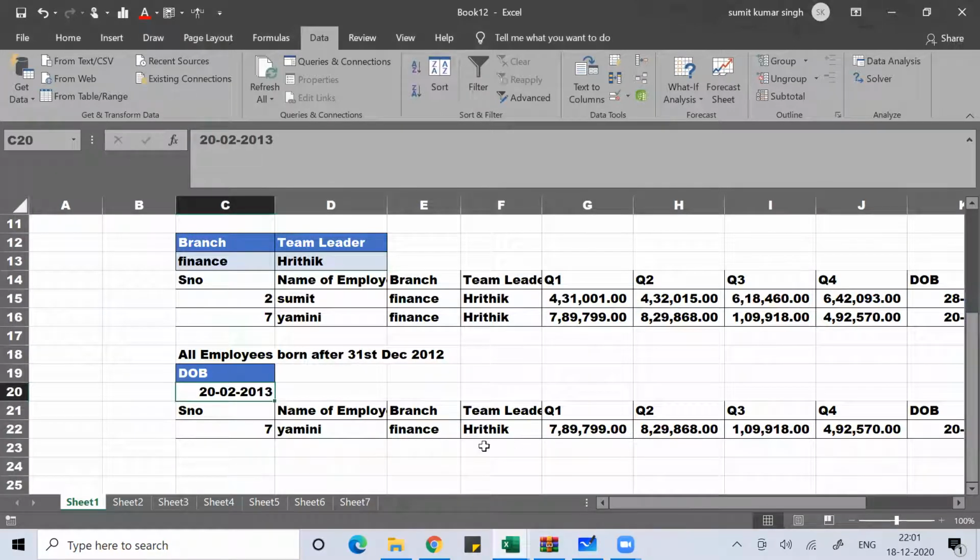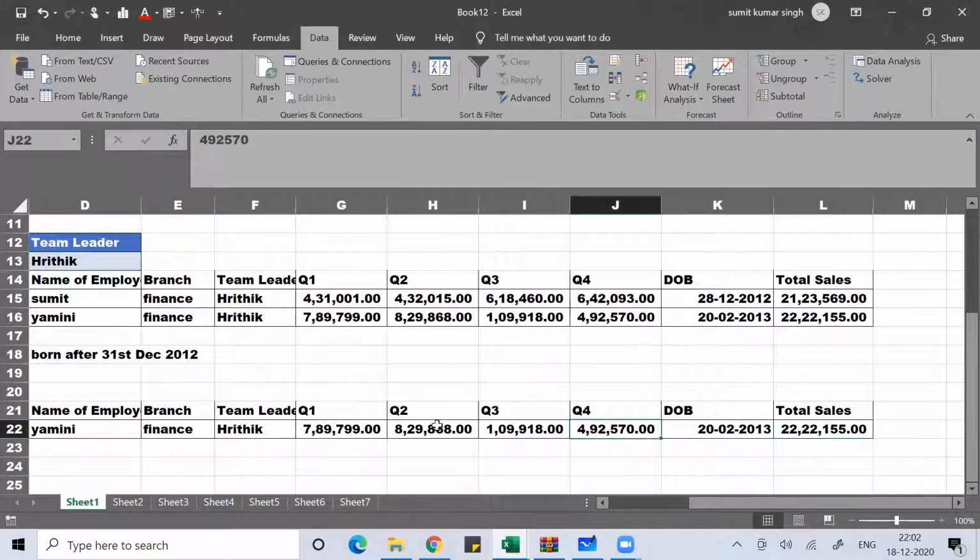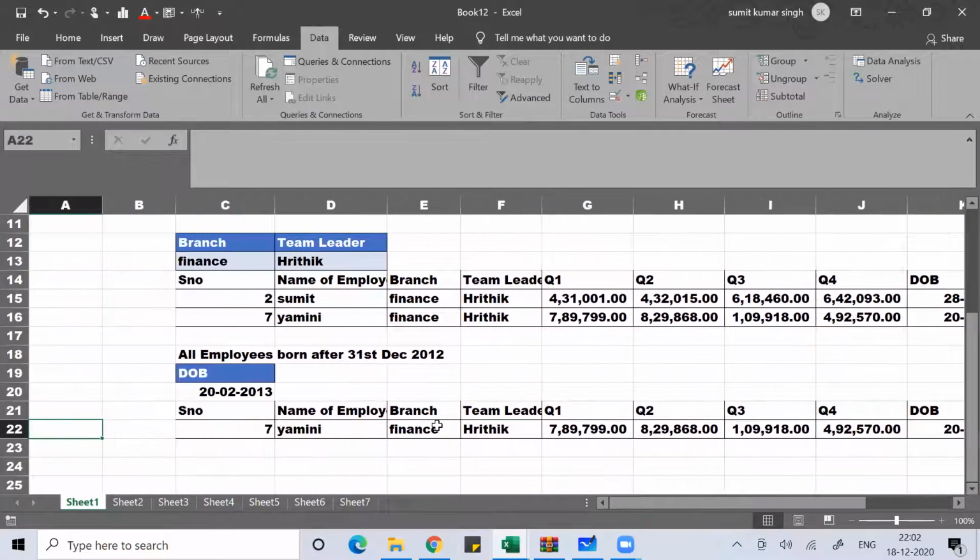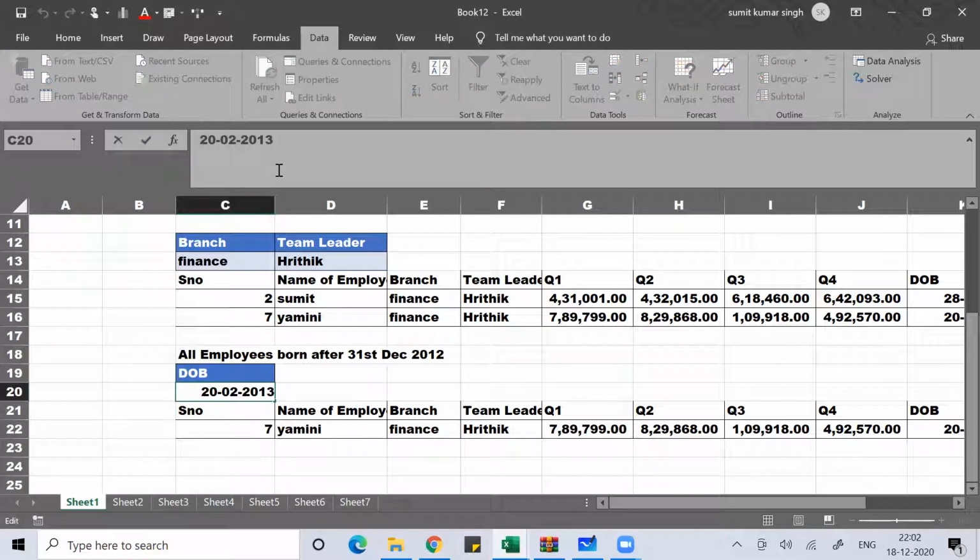So you got this, Yamini. So Yamini was born on 22nd February 2013. Okay, this is fine. So this function is fine. So if you got any particular date, you want, you got this. Now all the people who are born less than this date,